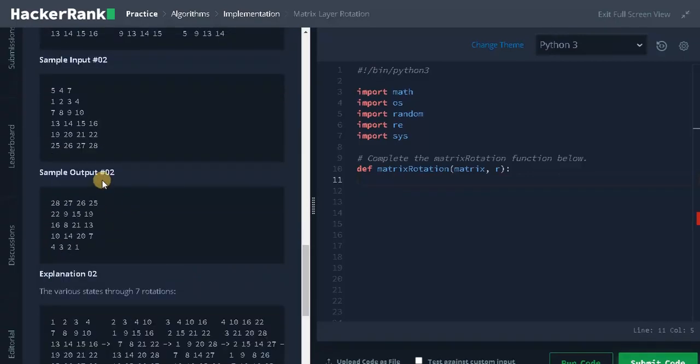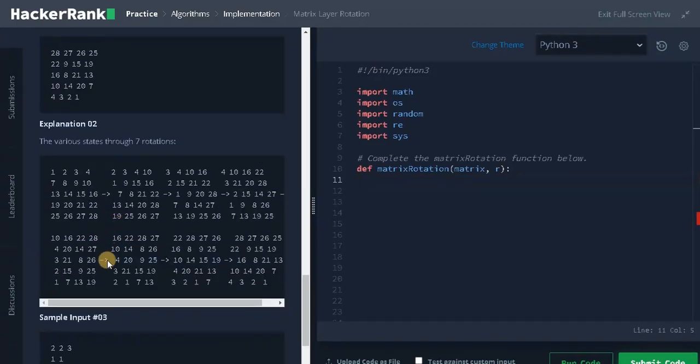Now for the second example, it has a different row length and column count and the rotation is 7. So for the 5 cross 4 matrix the result is this. They explain the various stages here, all the 7 rotations, and this will be the final output.